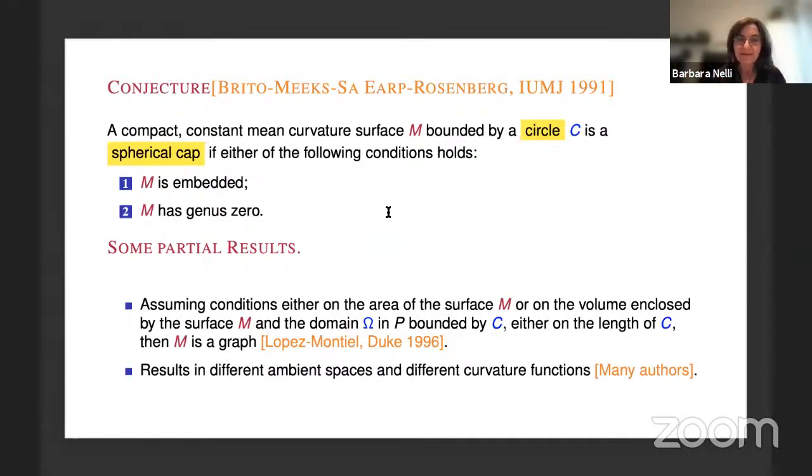So there are partial results like that. And then there are also plenty of results in other ambient spaces, very interesting results by many authors. I will not talk about them. Okay, so this is the case with symmetries. Now,